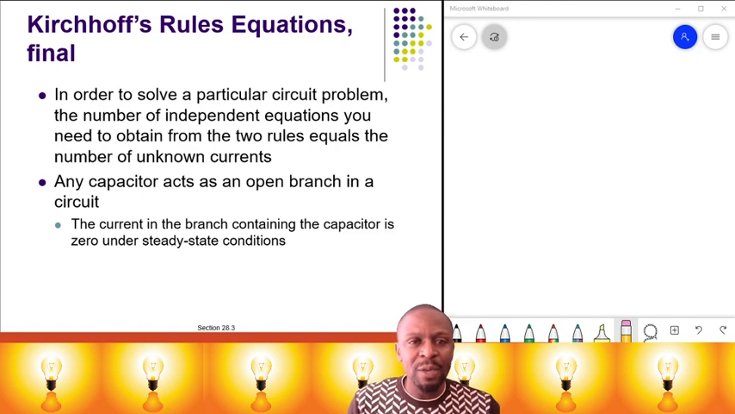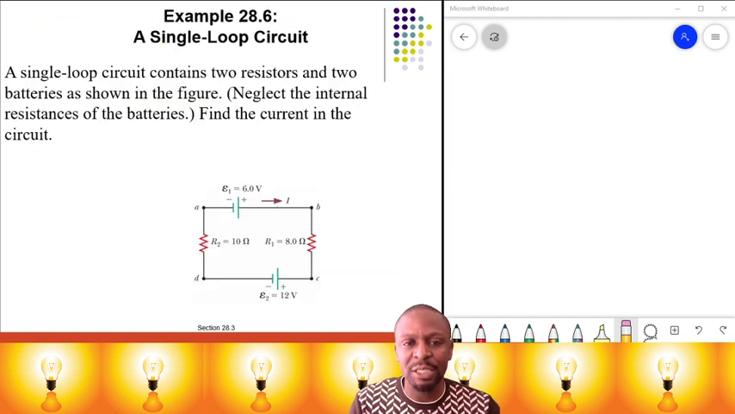Right, now, in order to solve a particular circuit problem, the number of independent equations you need to obtain from the two rules equals the number of unknown currents, and any capacitor acts as an open branch in the circuit. The current in the branch containing the capacitor is 0 under steady state condition. Right, let us also do the following